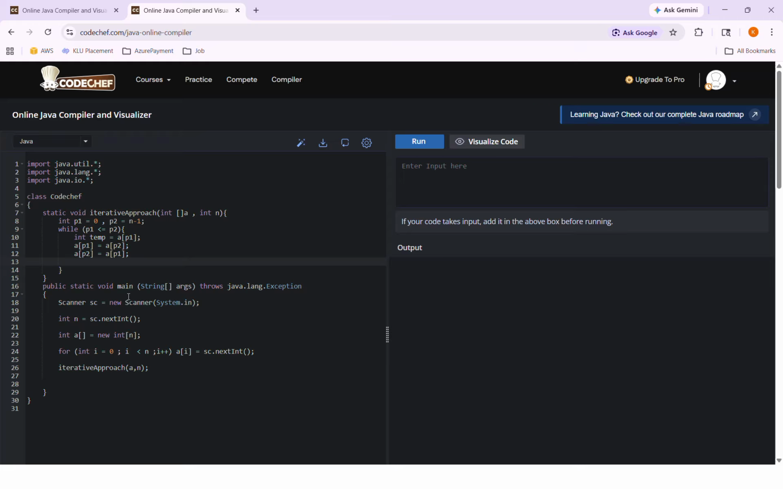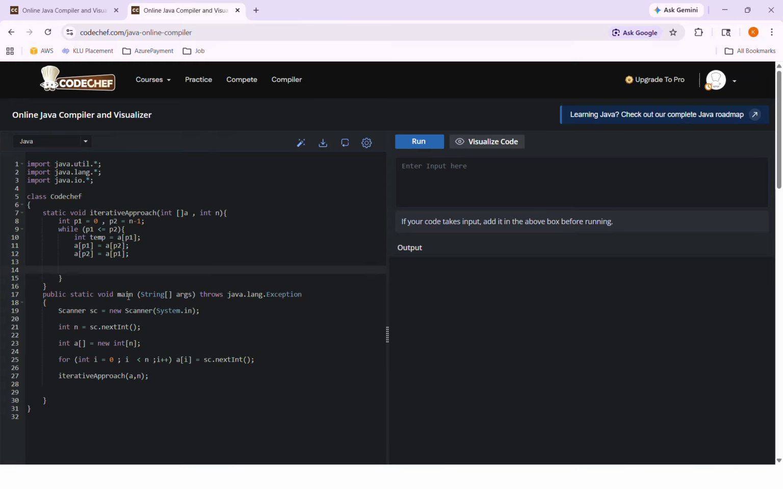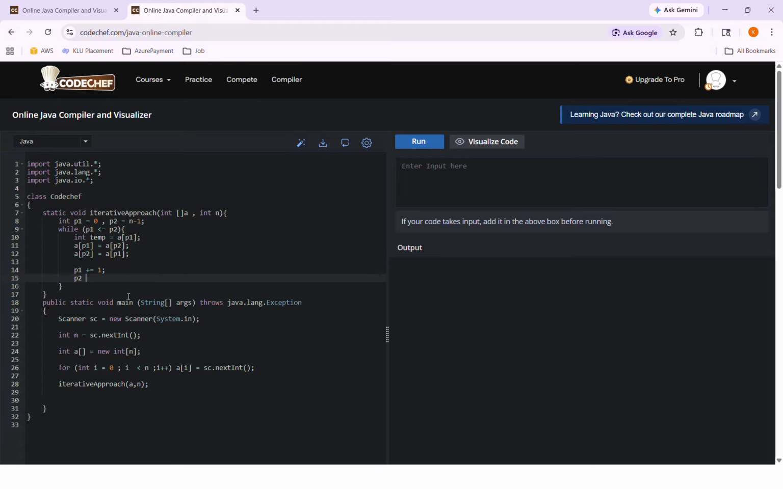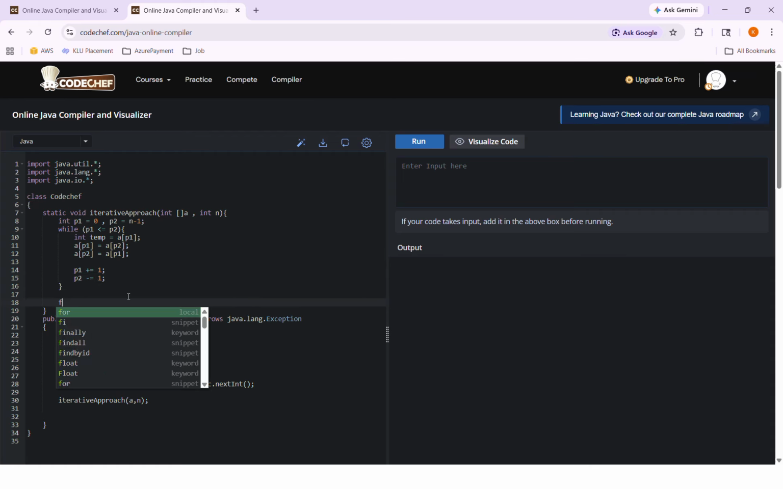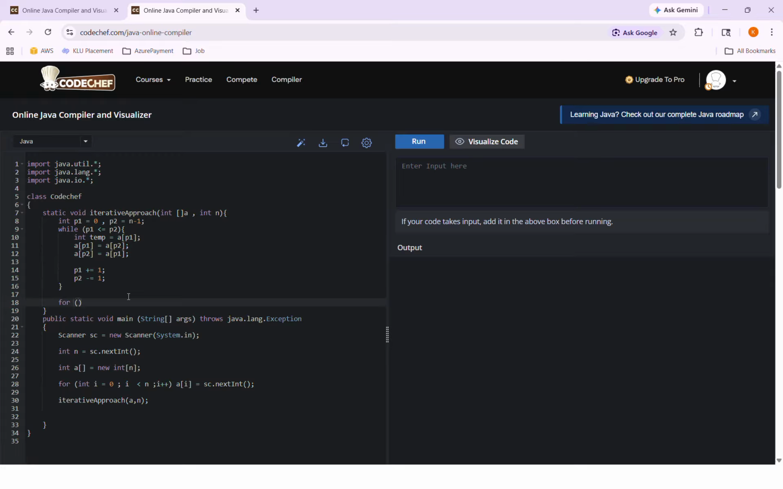Now after swapping, what you have to implement here is p1 plus equal to 1, p2 minus equal to 1. So you have to implement this thing. Okay, then only it will work. So after everything you have to check the values. So I'm going to use a for-each loop, int val is equal to, okay,